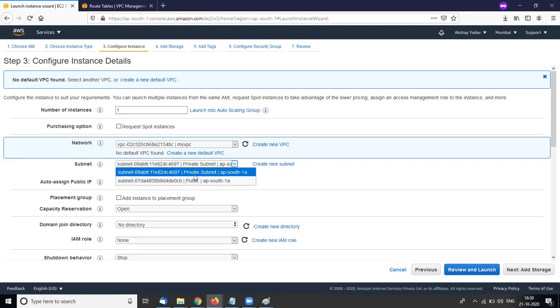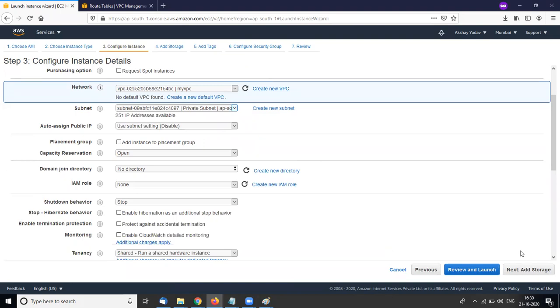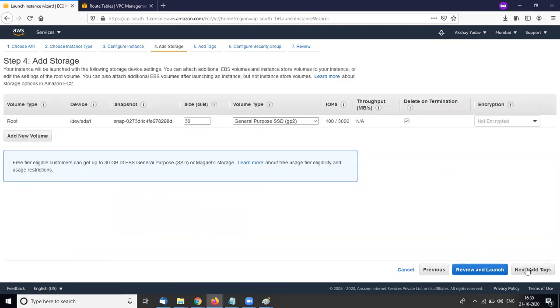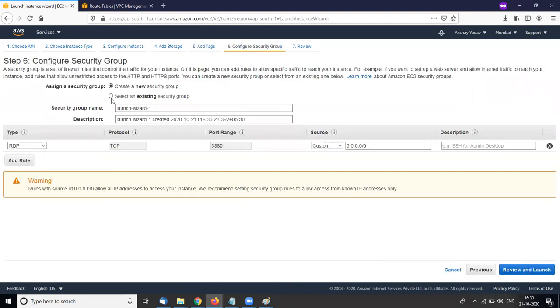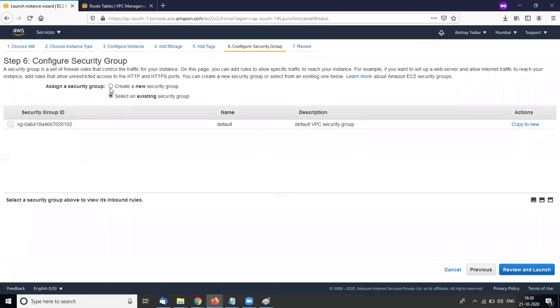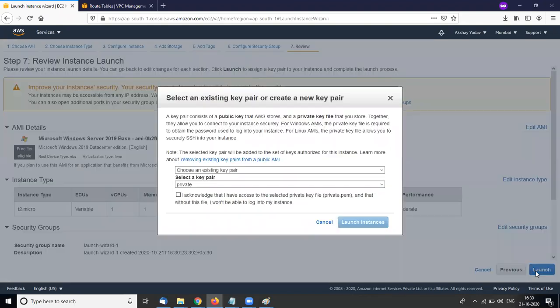Okay, so I am selecting the private subnet first, and add storage, add tags, next, configure. I selected anywhere. So create new group, subnet 1, launch instance, and my instance is launched.